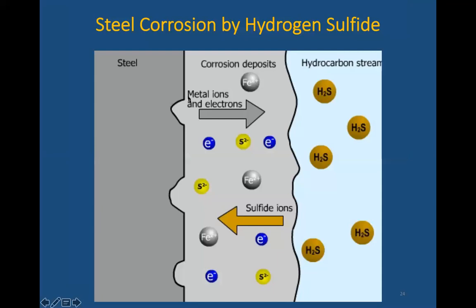And this is the simple mechanism: if you have steel, definitely Fe is present here, so it will release 2 electrons and produce Fe2+, and H2S also breaks into H+ and S2-. As I said, using the Pearson pairing, Fe2+ is the borderline acid and S2- is the soft base, so they will pair up and form FeS.